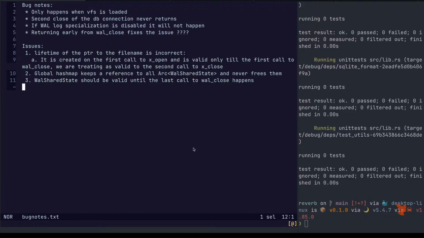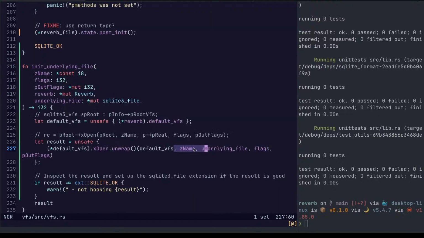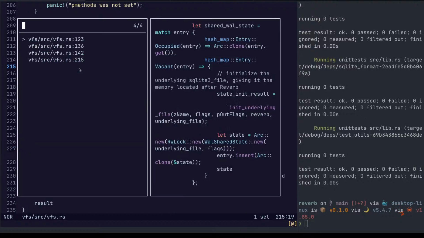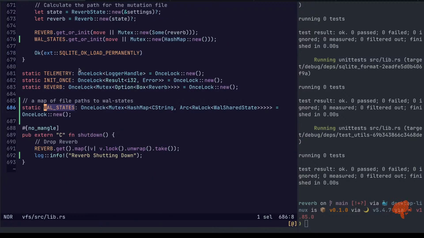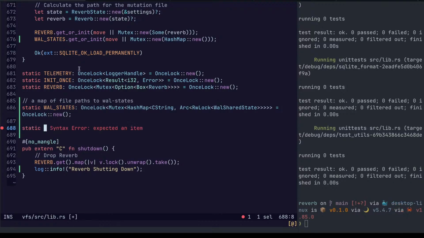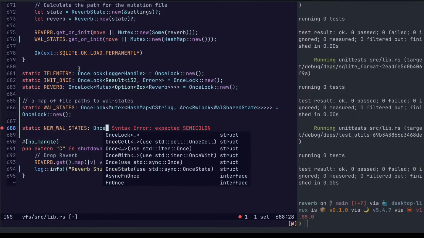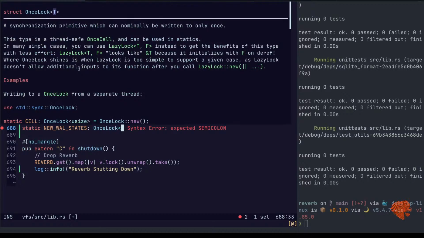Now, what I've been thinking about that would solve some of these issues, hopefully all of them, is getting rid of this wall state here and changing what it looks like. The idea is to have something like a new wall states, once lock to. Does it need to be a mutex?